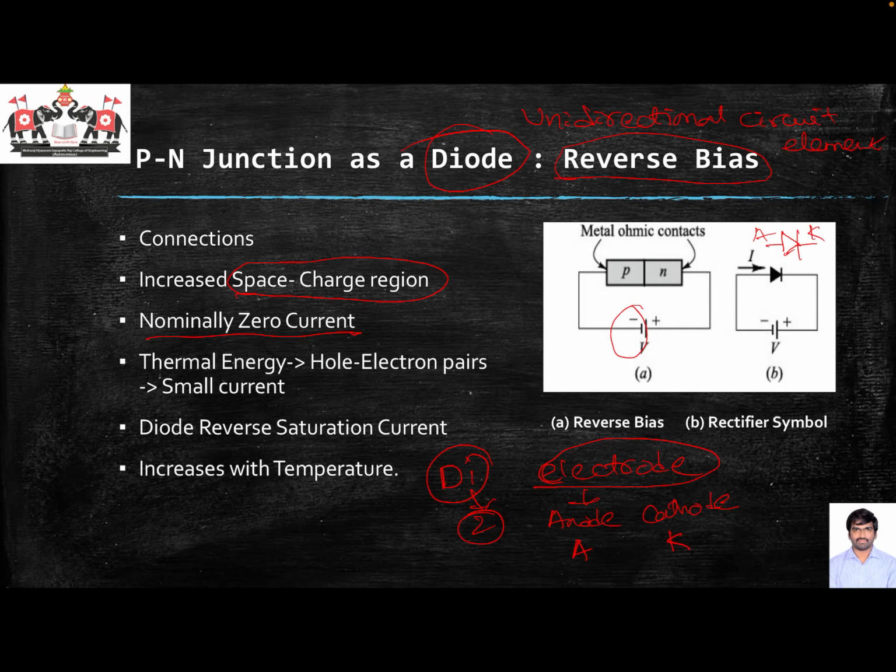However, because of the existing room temperature, we may see the formation of a few hole and electron pairs. These hole and electron pairs are small in number, so they may contribute a minority current. It is called minority current because the current is due to minority charges.